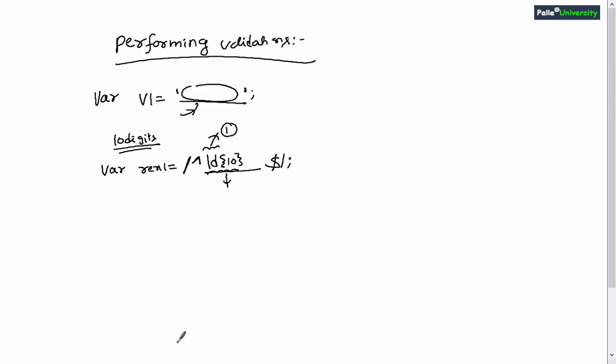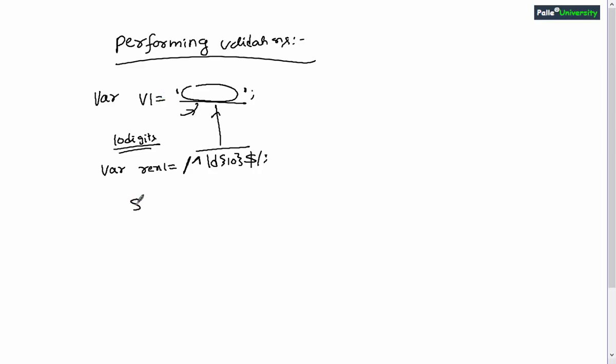And you remember, when you are writing regular expressions, you must not give any space, right? In case you give any space between the ^ and the $ and the / characters, your regular expression will not work as per the expectations, right? So you will be writing the regular expression like this, right? Now you assume that a regular expression variable rex1 has this regular expression. Now I want to check, using this regular expression, whether this variable v1's content is present in 10 digits format or not.